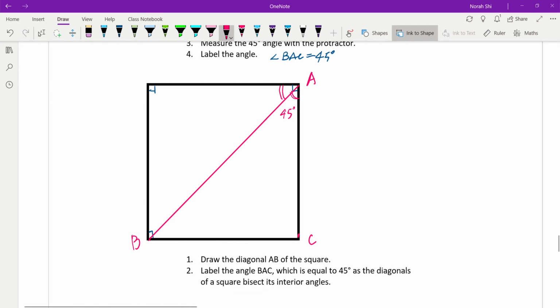Okay, these are two different methods. Of course, you can think of a third or even a fourth method. But could you please think of